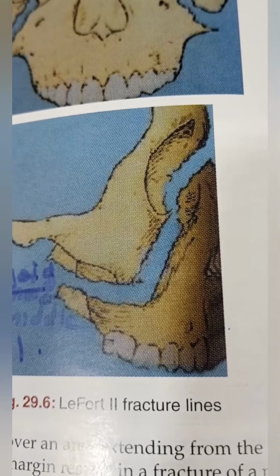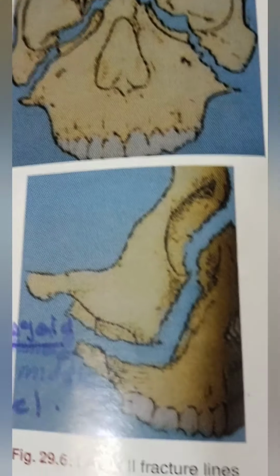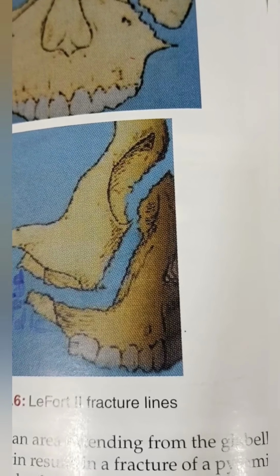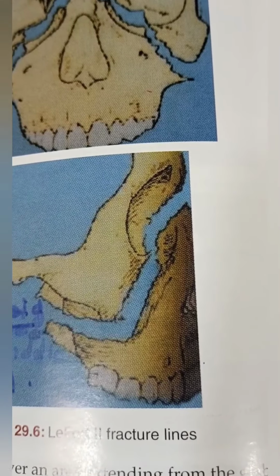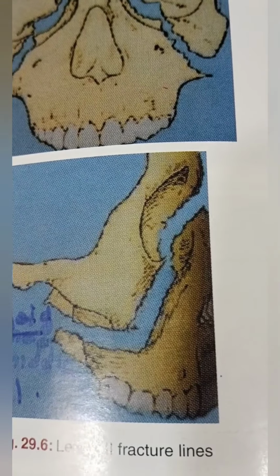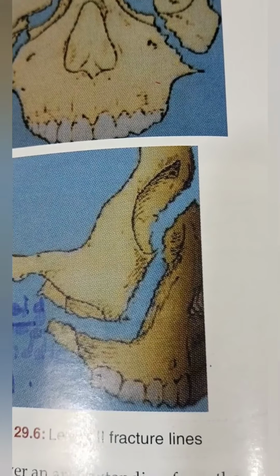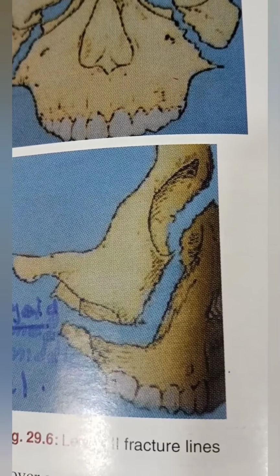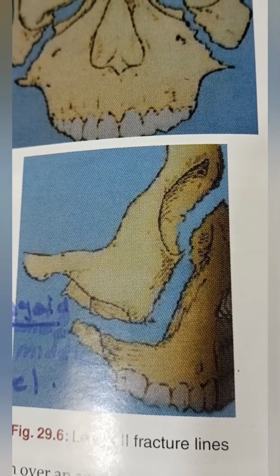Okay, now let's talk about the clinical features or the symptoms which you see in the Le Fort 2 fracture. Okay, so what do you see? There is gross edema of the middle third of the face. Then there is a balloon face or moon face. There is circumorbital edema and ecchymosis. Ecchymosis means a black eye and bluish discoloration, the patient will have a black eye. Then bilateral conjunctival hemorrhage is seen. Then the bridge of the nose will be depressed, that is, there is a flat nose, nasal disfigurement.